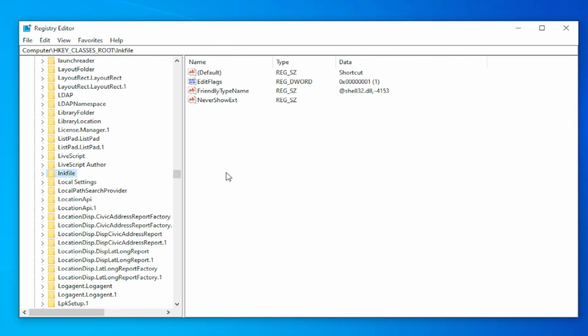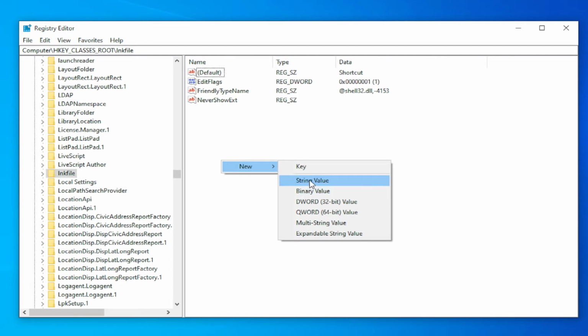Select this folder, and in the right side in the blank area click on New and select